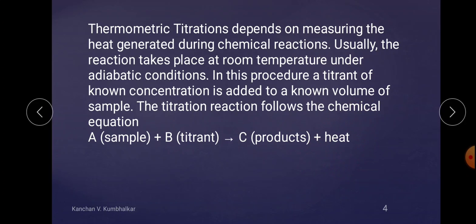If the stoichiometry of this reaction is a 1:1 ratio, then if you are taking 1 mole of A and 1 mole of B, suppose 1 unit of heat is liberated. But if you are taking half a mole of A and a full 1 mole of titrant, then half a unit of heat is liberated. Hence, for any particular reaction, a mole of A titrated with a mole of B will generate a fixed quantity of heat, which is the heat of reaction.